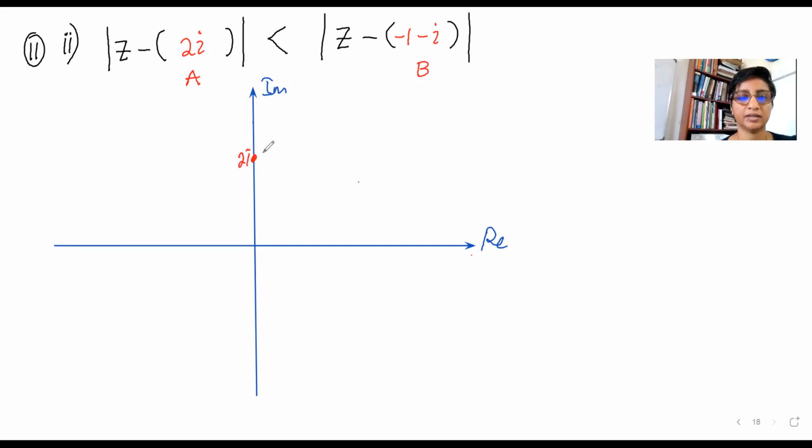Minus 1 minus I. Connect them. And your answer is